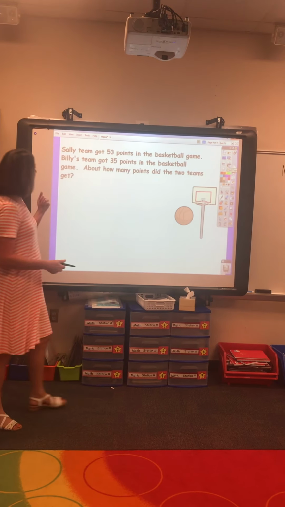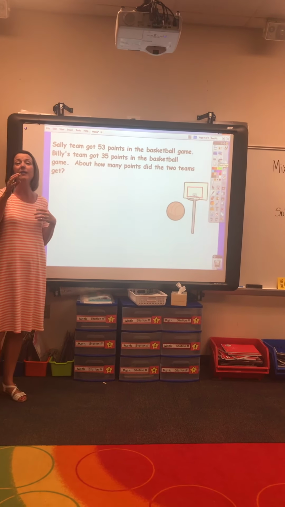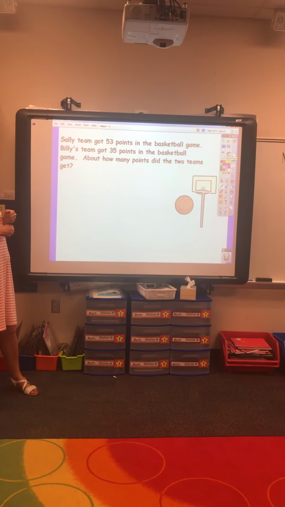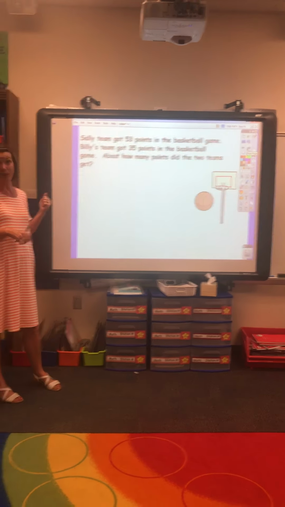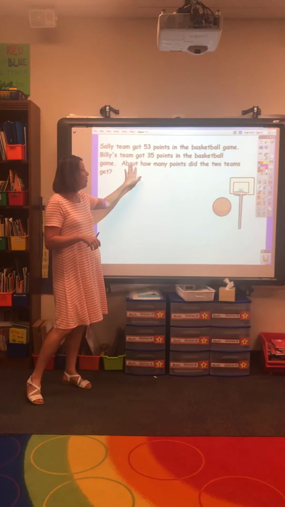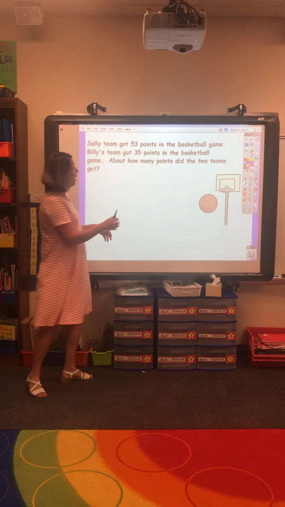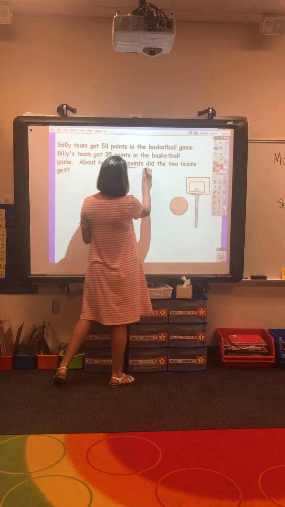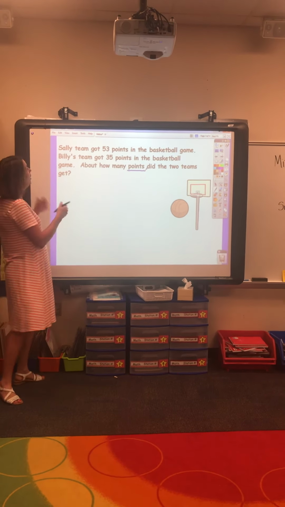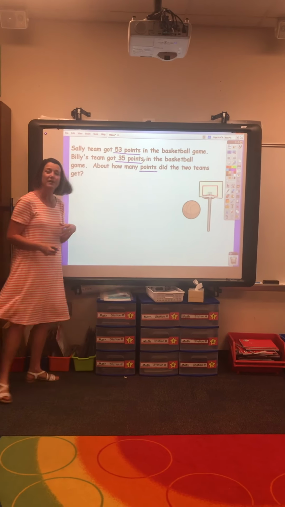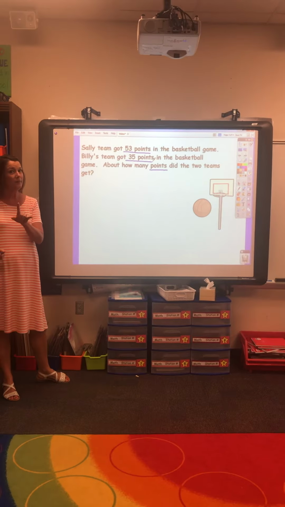And the last problem I want to talk to you about is estimating sums. So Sally's team got 53 points in the basketball game. Billy's team got 35 points in the basketball game. About how many points did the two teams get? So again, we're talking about the teams and we're talking about the points. So we see Sally's has 53 points, Billy's is 35 points, but we have a very special word, and it's